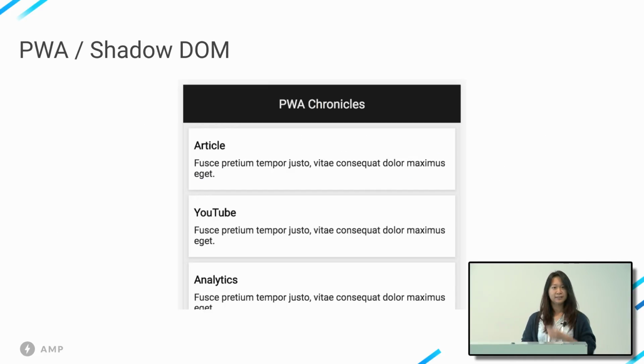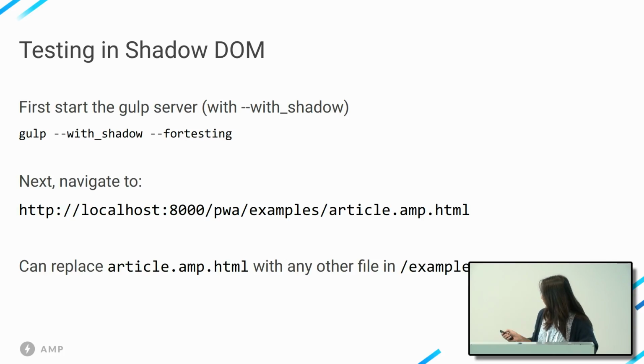So sometimes people here work with progressive web apps and Shadow DOM. We actually have a PWA inside the repo for testing that looks a little bit like this. So to actually use it or test with it, you want to run gulp with --shadow. This will build the amp-shadow file. And next, basically, where is our PWA located? It's located at localhost